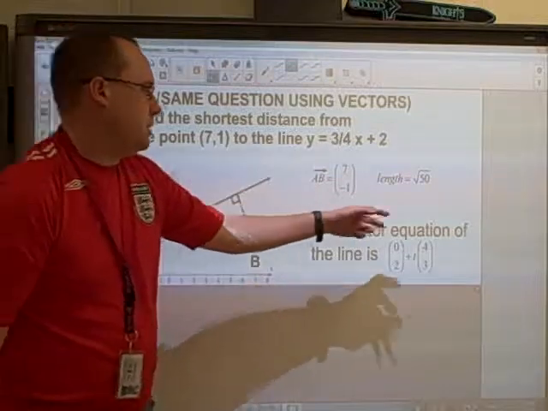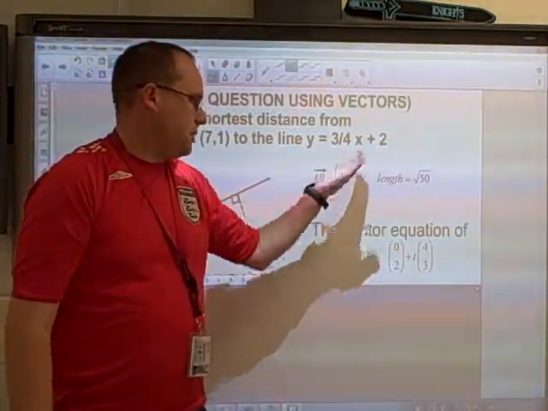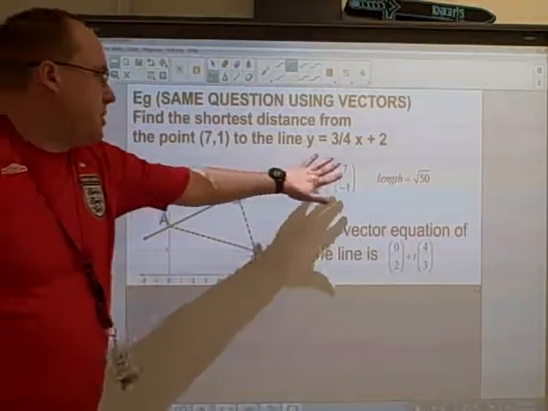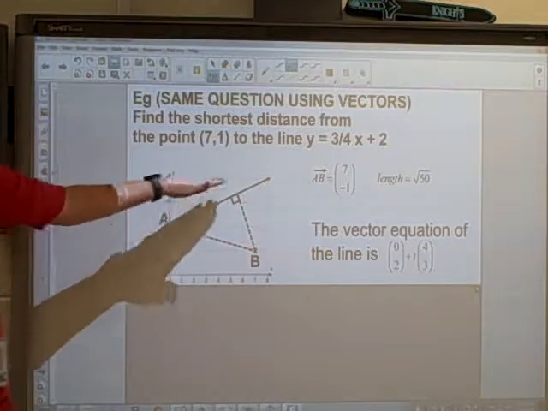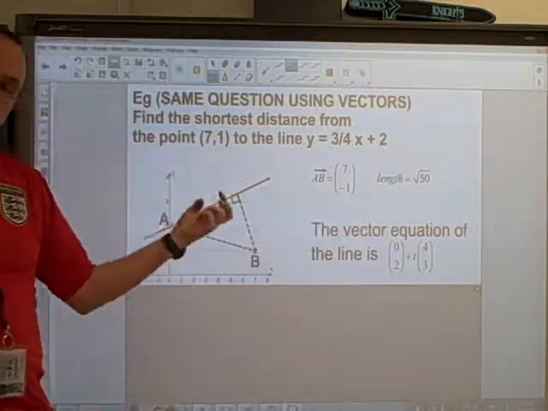The length of this vector, because I want to find the length of the hypotenuse, is 7 squared plus (-1) squared, square rooted, which gives me the square root of 50. This I'm going to use in a little bit because I want to find these two side lengths to find that third side length. For the vector equation of this line, I'm going to need a point and